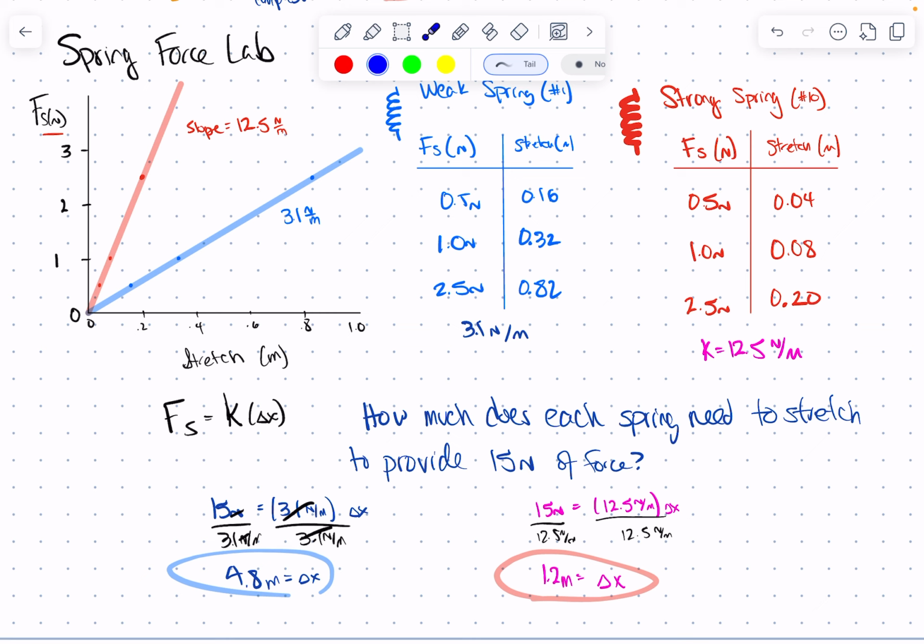Now, the big question though is, how is all this related to energy? And so that's what we're